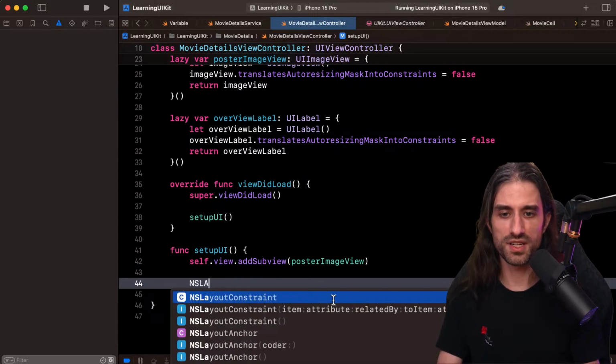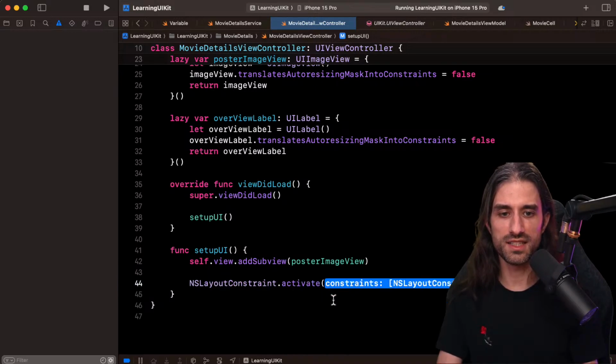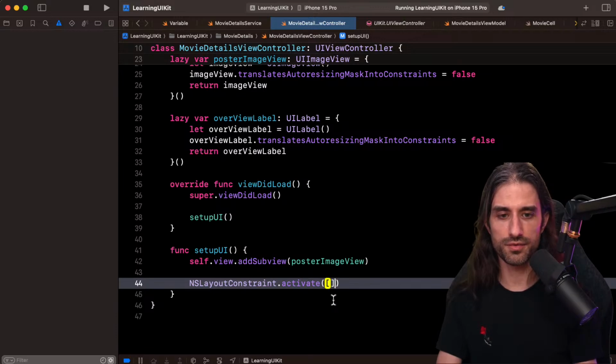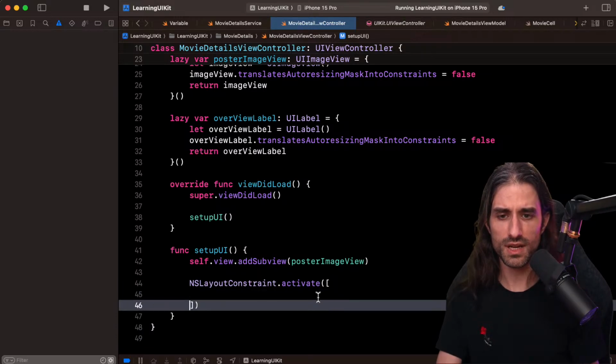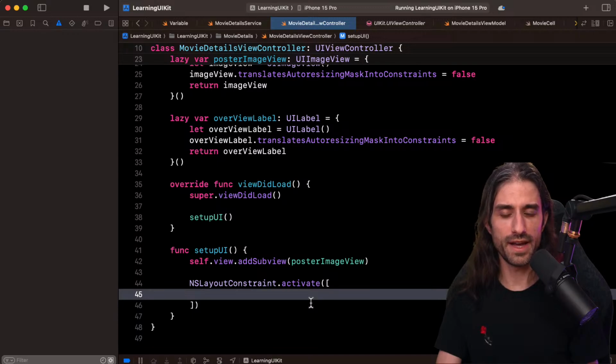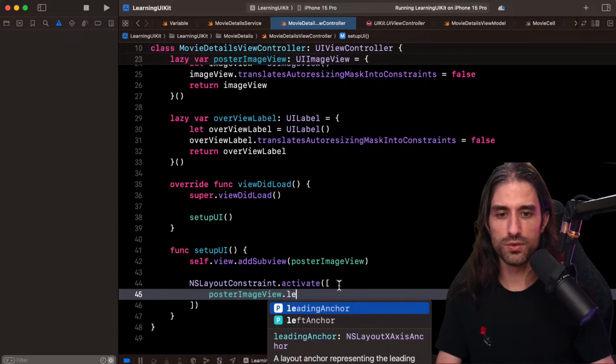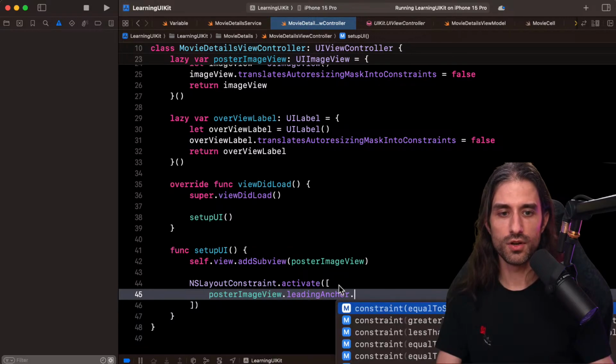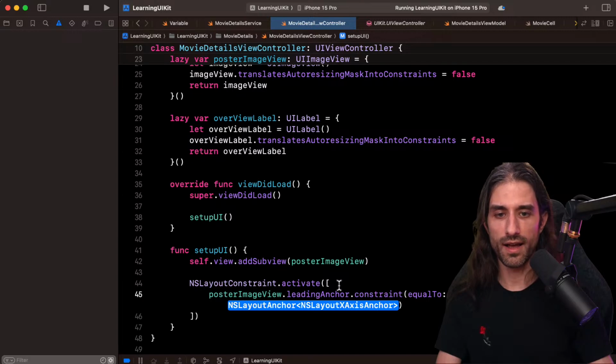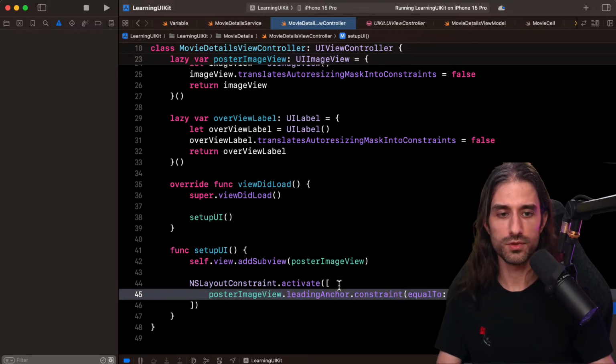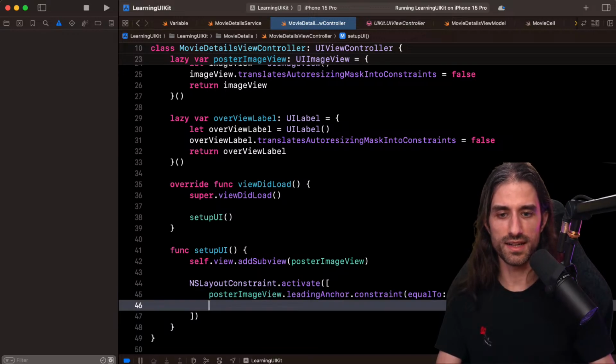The way you can do it programmatically is by doing NSLayoutConstraint.activate and then defining an array of constraints. You have some nice helpers called anchors to define constraints programmatically. For instance, if I want to align the leading edge of the poster image view with the leading edge of the parent view, I can do posterImageView.leadingAnchor.constraint equal to self.view's leadingAnchor.